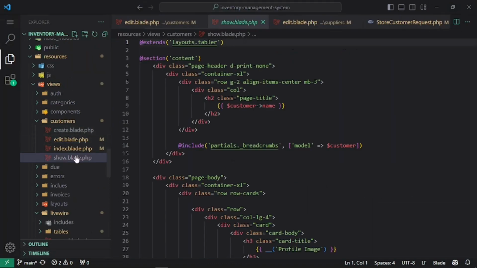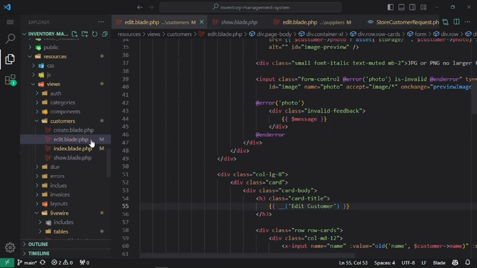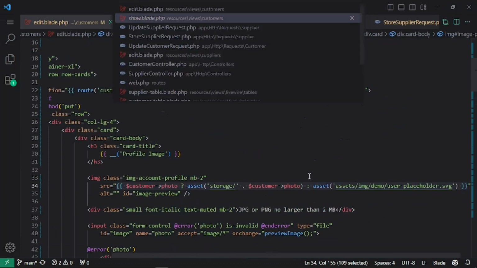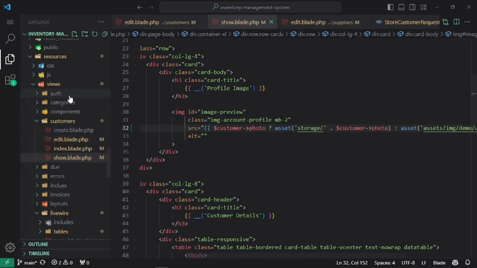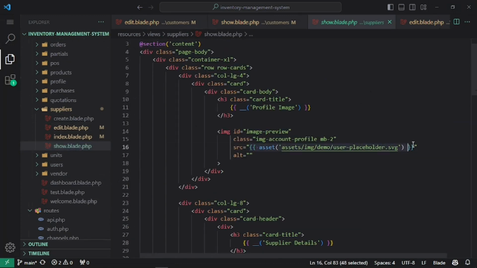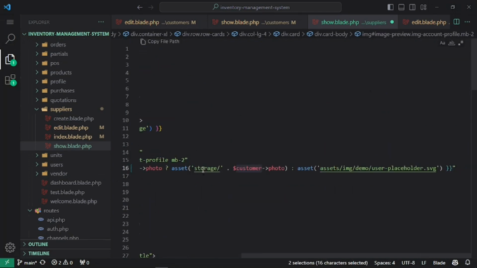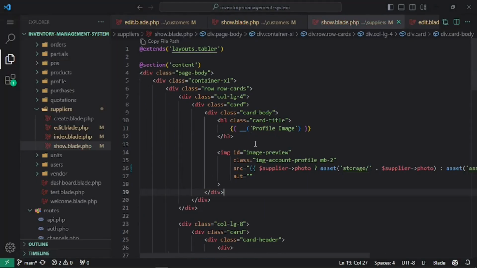Let's go to customer slash show, and here preview image. Okay, so you can see it's just loading the image without getting the actual image from the database. So we already have it here, so I'm gonna just copy this value into that one. It's checking if the photo exists, then just put the photo, otherwise put the empty one. And we are gonna do the same for the supplier. So let's go to suppliers dash show, and update this accordingly, but the variable here is supplier, not customer. We just have to update the variable name, and everything should work fine, except we are gonna make sure that